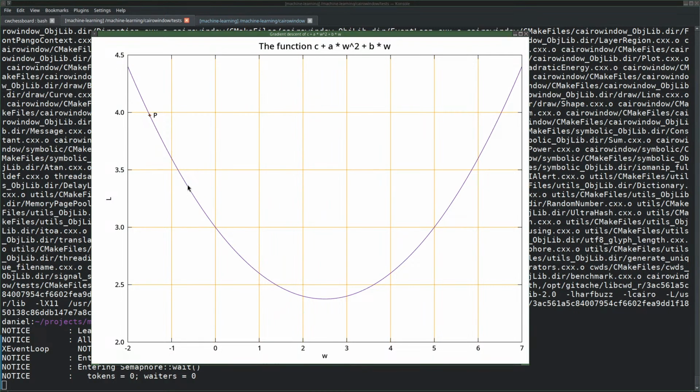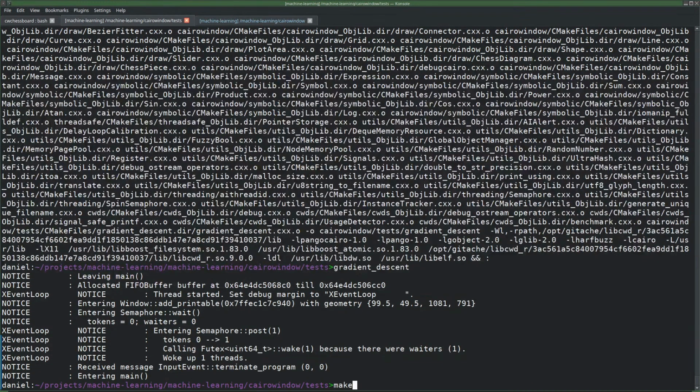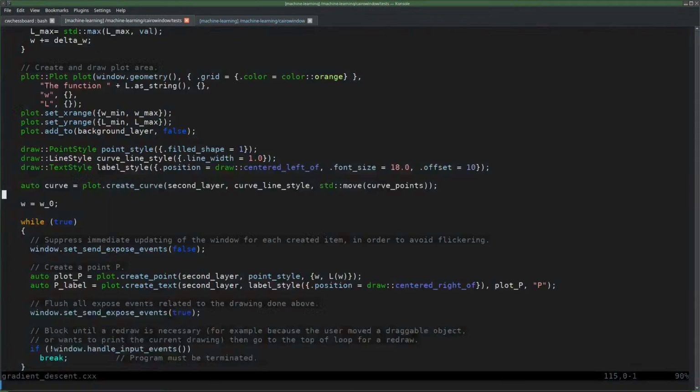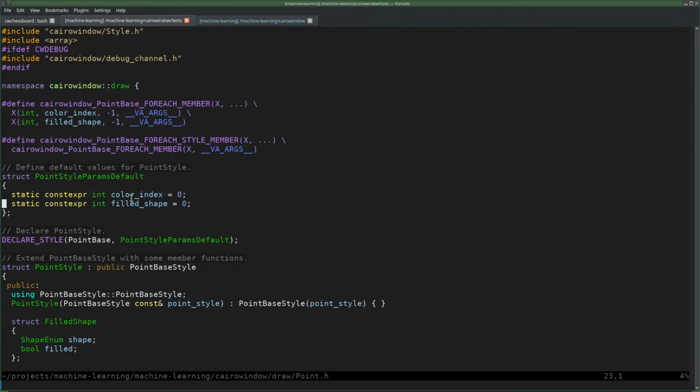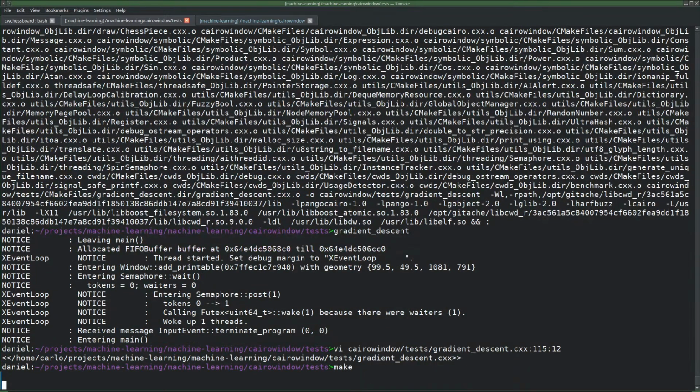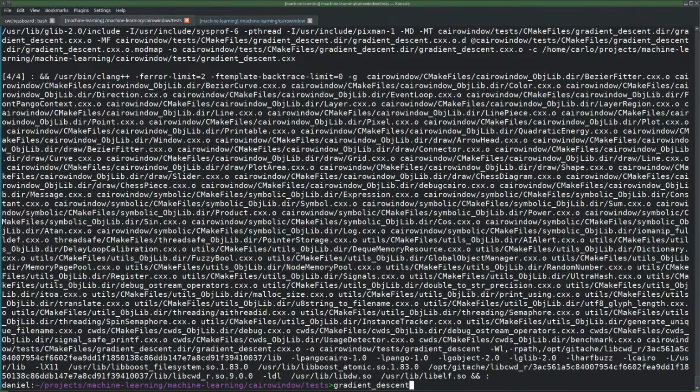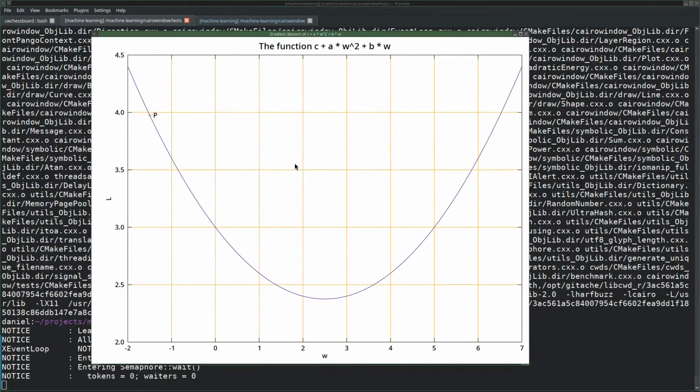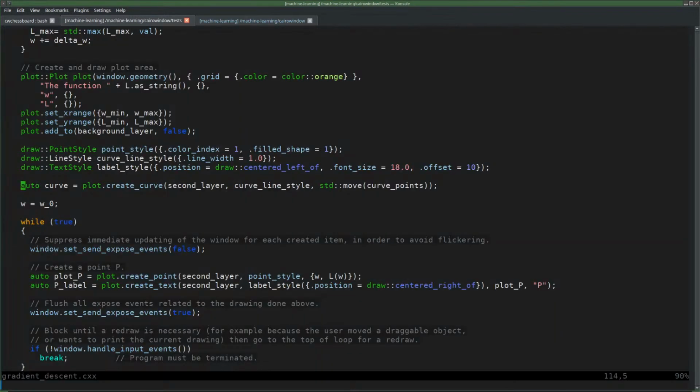Because it's the same color as this one. Let's try color index 1. Also not. What you could just specify it to be red. Is somehow not a good interface that I have to